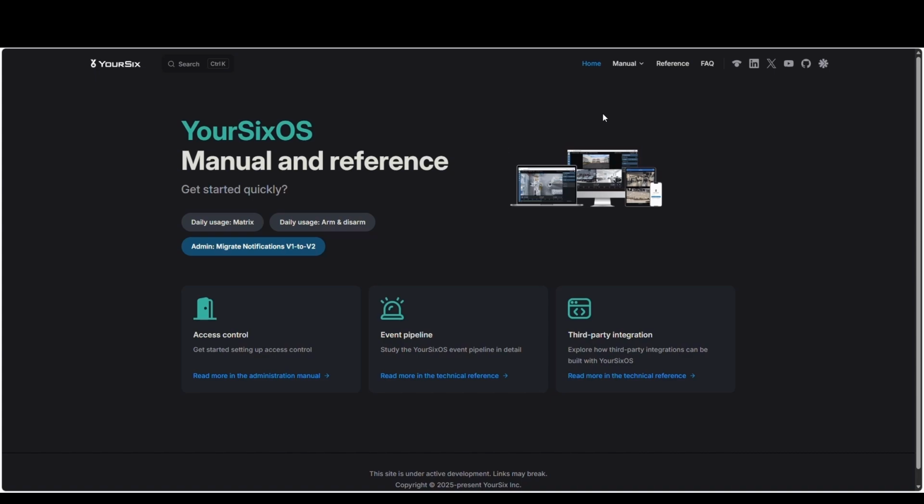Welcome to this video on configuring Modbus sensors in YourSix. In this training, we'll focus specifically on Modbus sensors, not native sensors. Before getting started, it's helpful to review the Modbus terminology documentation so you're familiar with core concepts, including gateways, servers,